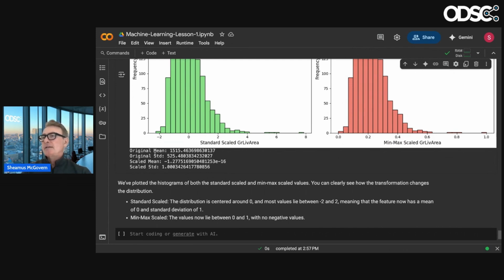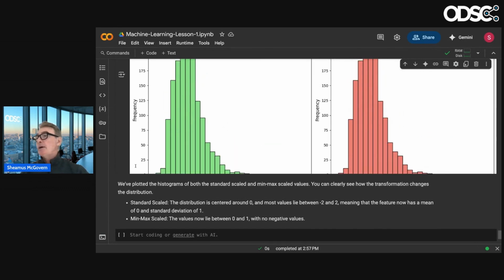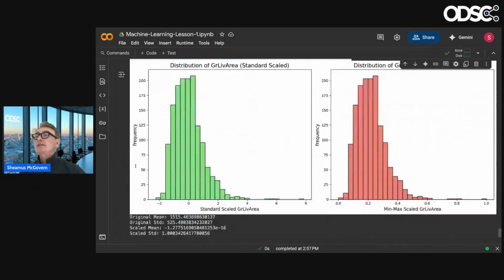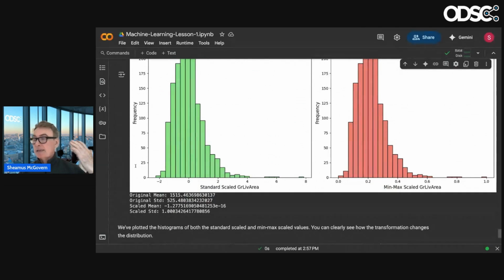And then you can see here the scaled mean is still off. Well, that's the scaled mean. That's not the standard mean here, but I should print out the others as well so you can see how that's changed. But the most important thing to remember here is, even though we've either normalized or standardized it, the distribution is still the same.